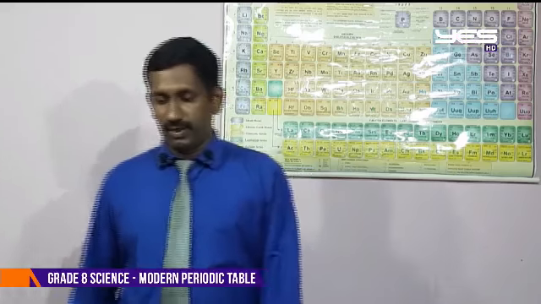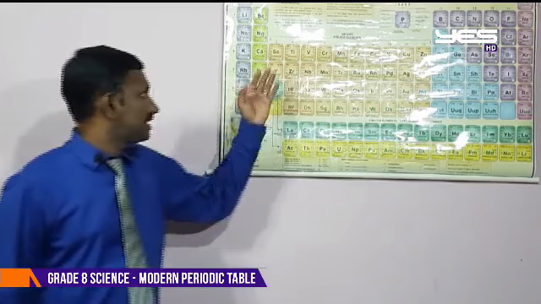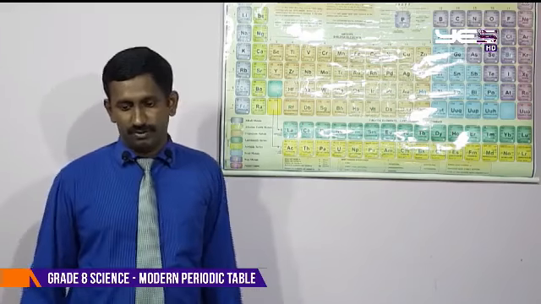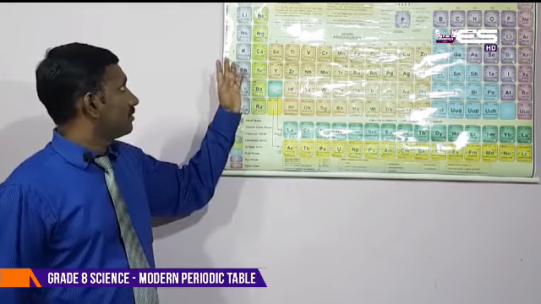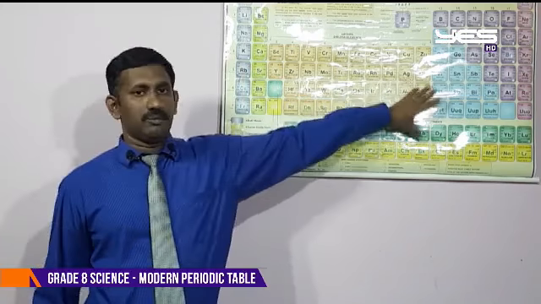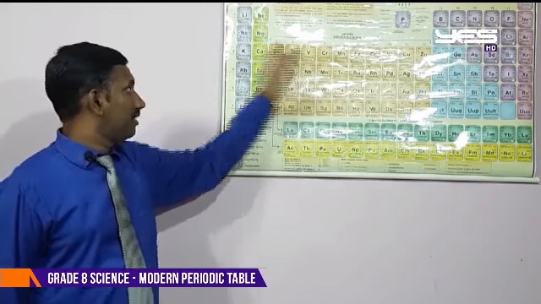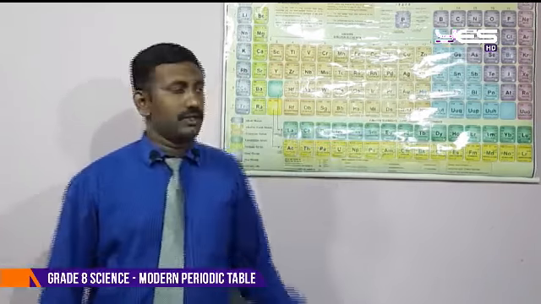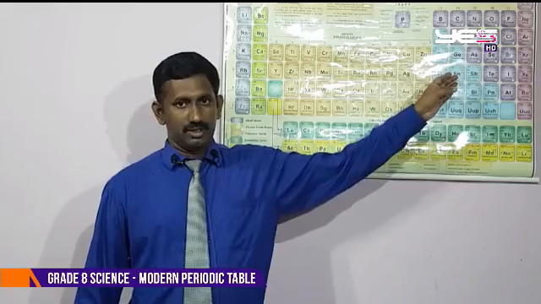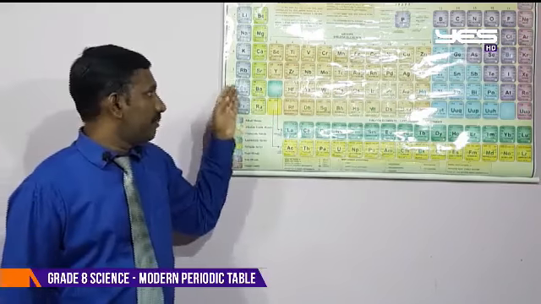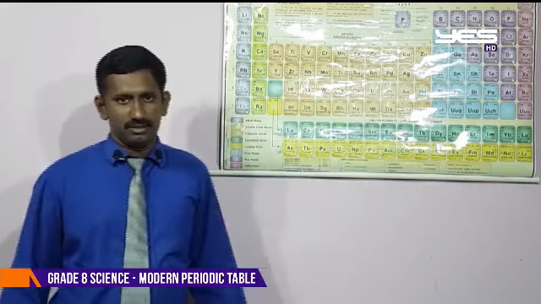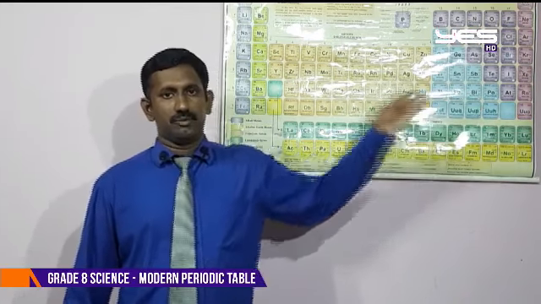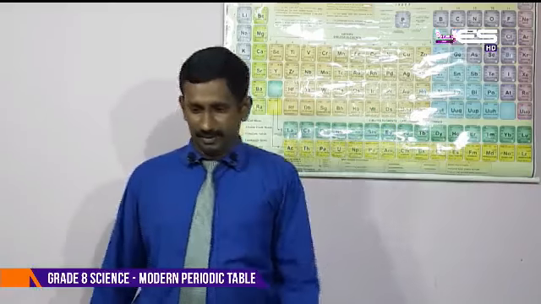Examples of metals are sodium, magnesium, titanium, scandium, iron, nickel. Those are metals. That means group 1, group 2, then the D block. The D block is full of metals. As compared to group 1 and group 2, D block elements are very hard. When you go to the right side of the periodic table, there is a change from metallic to non-metallic character. When we move from left to right of the periodic table, the non-metallic character increases.